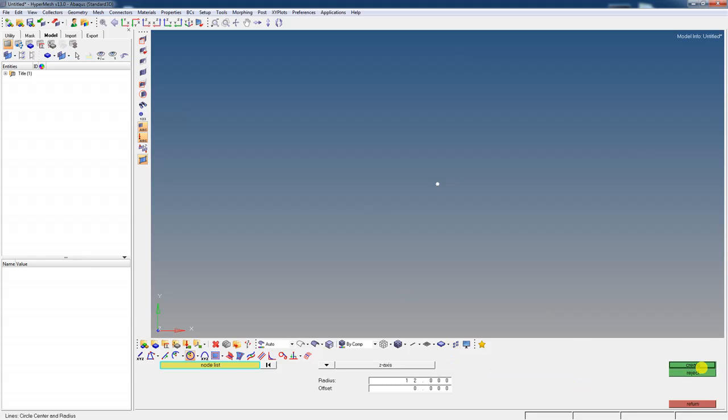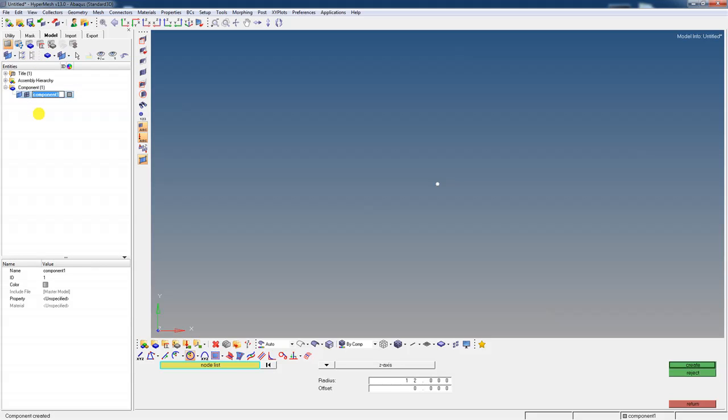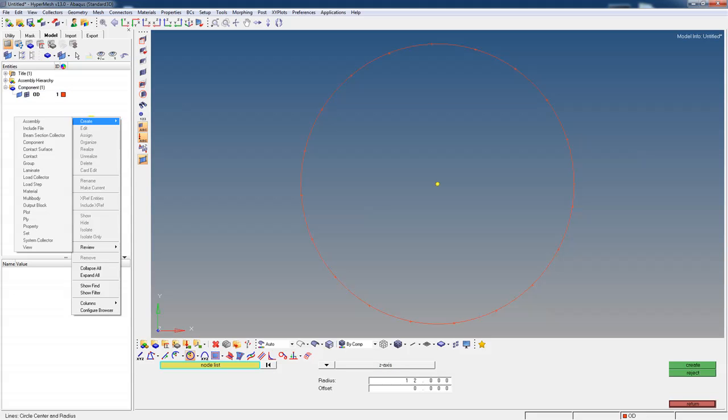So I'm going to create the OD. Well, I should make a component first, right? So I'm going to make a component, and I'm going to say OD. And I'm going to create that line. It's a circle, okay? And then I'm going to go back and create a new component,